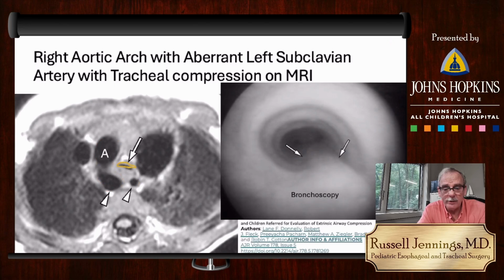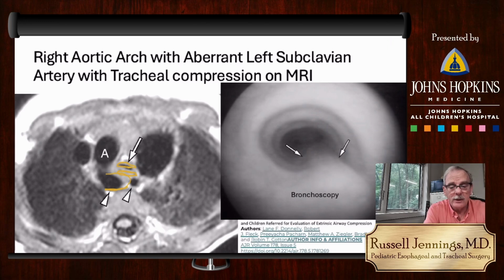It should be wide open. And the esophagus is very flat. Remember, it needs space to expand. So in this case, the diverticulum of Kommerell, which is probably right here, is compressing the esophagus, and the esophagus is compressing the trachea. When we look inside the airway with the telescope, this is the picture of the airway